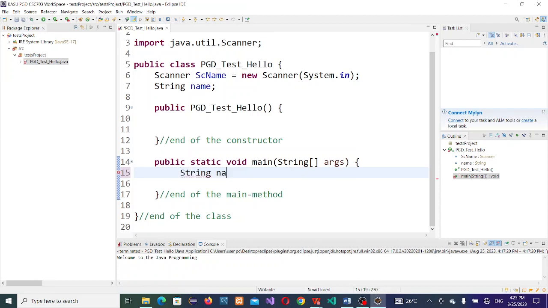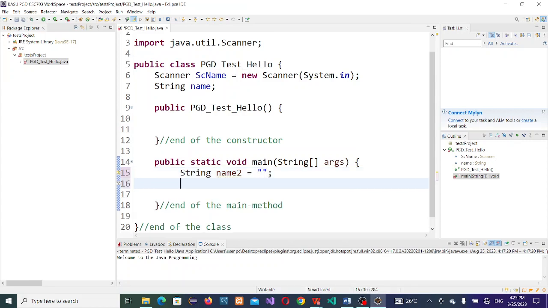Let me introduce name here, name2. Sorry, I just want to do something here. Of course, since it is a local variable, it's going to mandate you to initialize it. This is the initialization. Then when I say name2